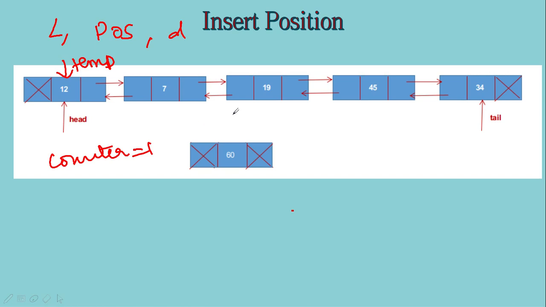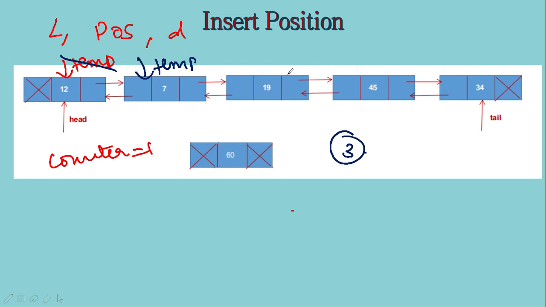And now we will consider position 3. As per the idea, temp should be moved to the node at position 2, and we have to make the changes. We should be very careful when we are doing these changes, because when you look at the address of this node containing 19, it is present only in this node. If I change the sequence wrongly, I may lose all the part of the linked list that starts from 19. I should be very careful when I am making the changes.